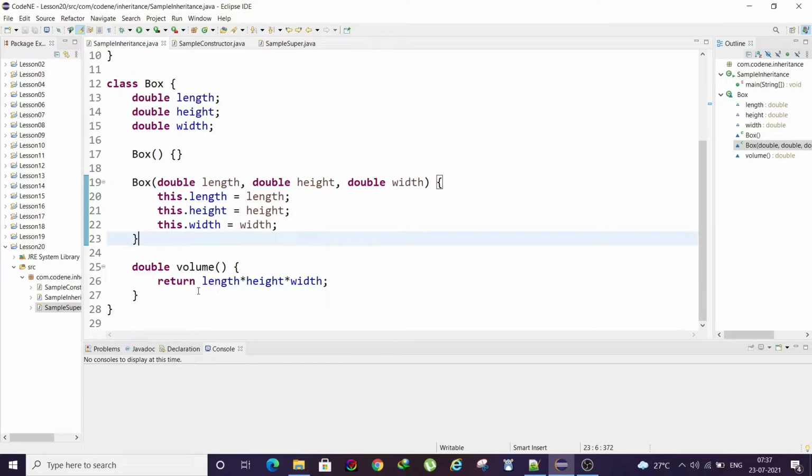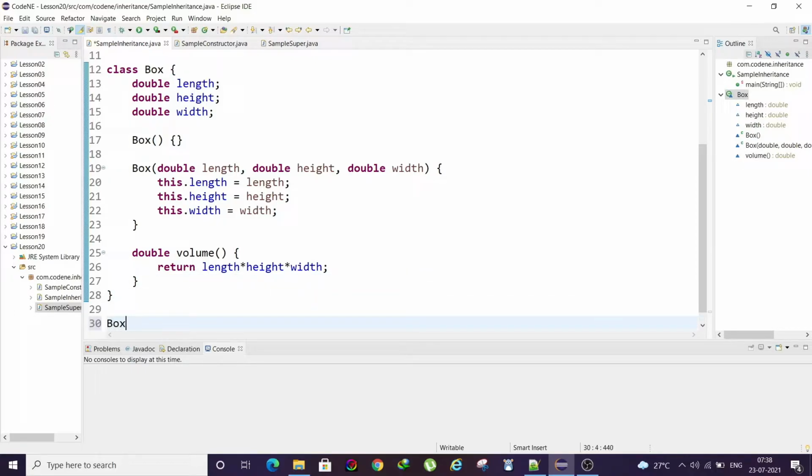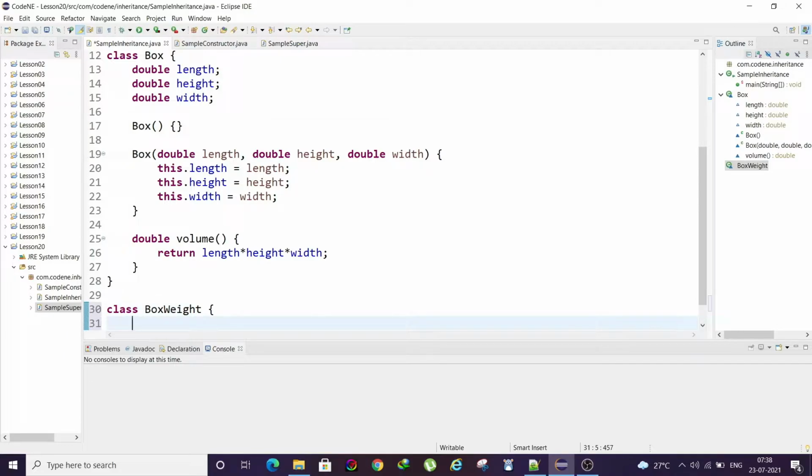Okay, and also the volume method to get the volume. So let's say I want one class which will inherit all the properties of this box class. To do that, I will use extends box.